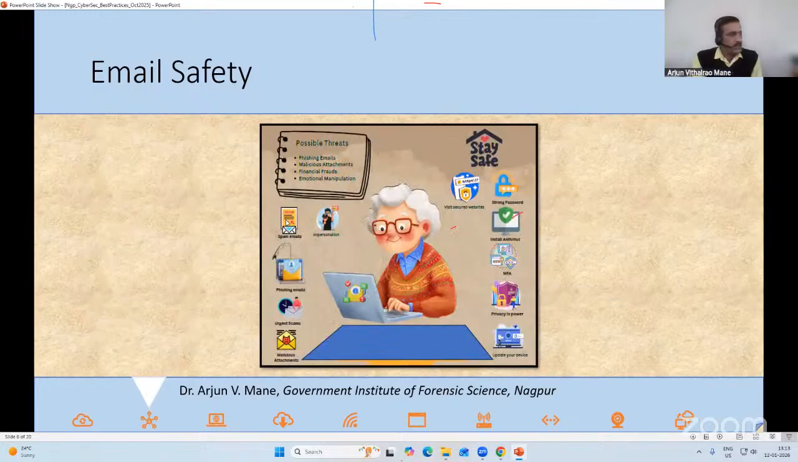So the threats about email are phishing emails, malicious attachments, financial frauds, and emotional manipulation. See, malicious attachment: as I have already mentioned, we must find the correct or genuine source of the email that has been received in your inbox, and only then click on the attachment, because there are so many spam mails that are received